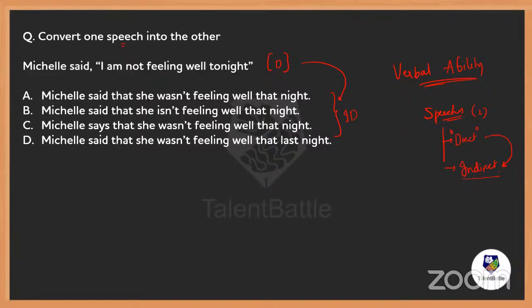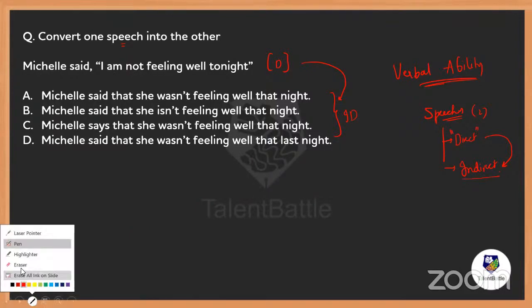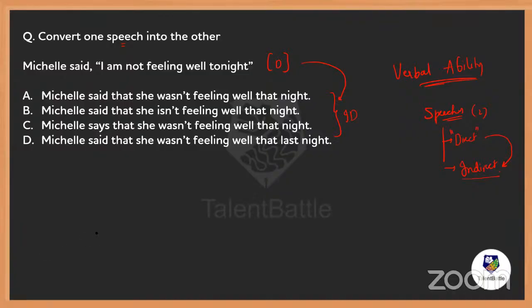Okay, it's very simple. I'll tell you. Look, you need to know some basic idea of how to convert one speech into the other. Everybody, this is like a blind rule you can follow everywhere. Remember, if there is a word from the present tense in the direct, it will convert into past in the indirect. For example, simple present in the direct will become simple past in the indirect.